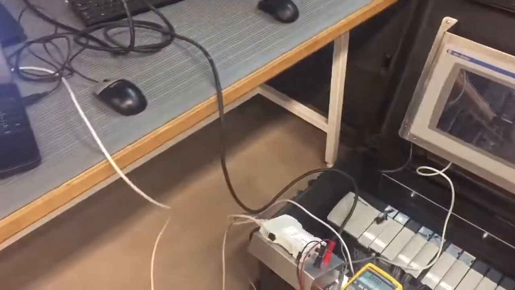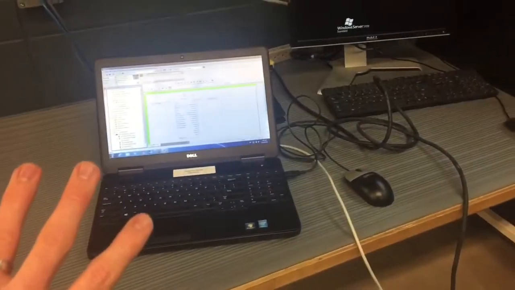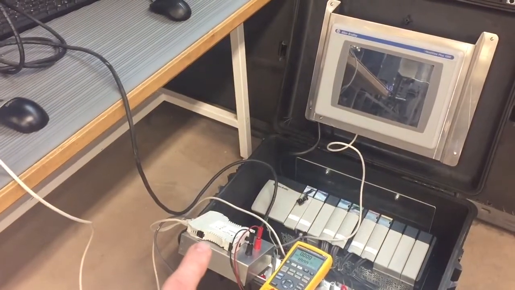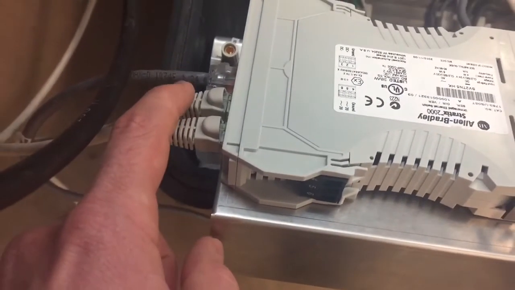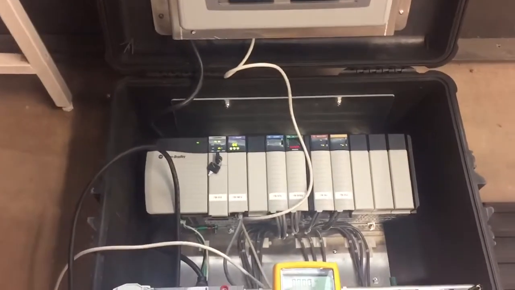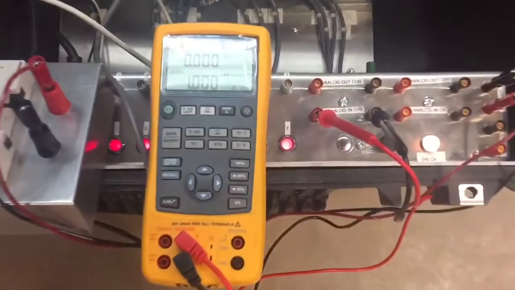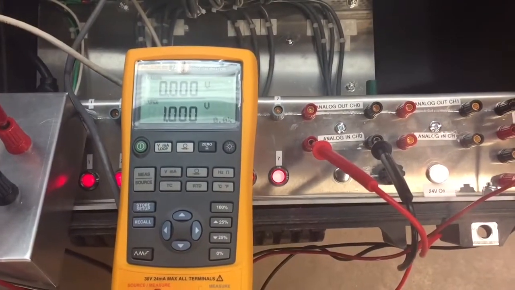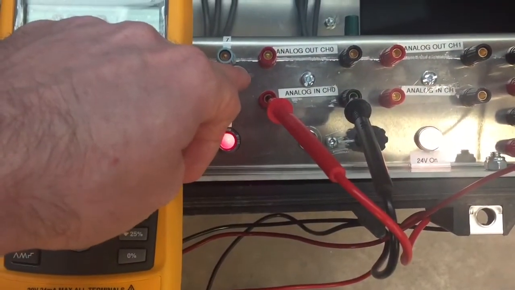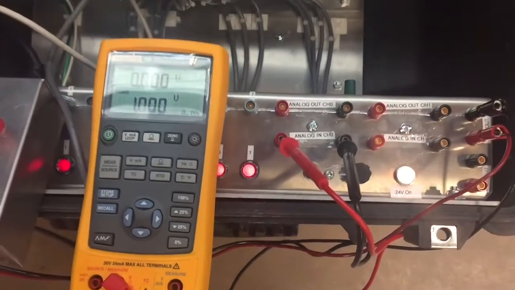Just to give you a rundown on the hardware here, we have our laptop over here. It's connected through this Ethernet cable down to this unmanaged switch, and this unmanaged switch has the PLC and the PanelView also connected to it. So we have a small network here. This Fluke 725 we're going to be using to source voltage for our analog in channel 0,